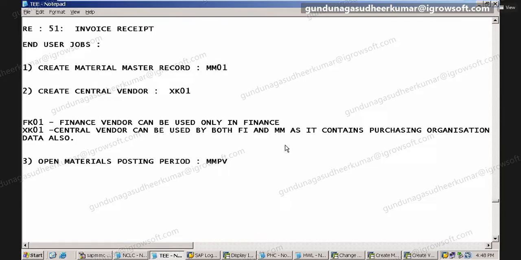Note down: open materials posting period, MMPV. This is the same as our OB52. In OB52 we opened the FI period. Now we are not opening the FI period, we are opening the material period.